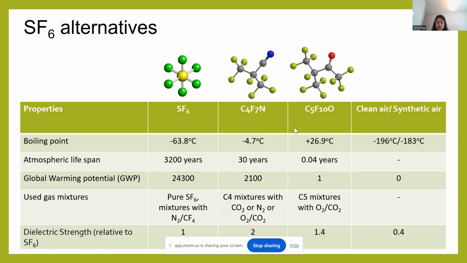of the SF6. However, as we can see, the global warming potential is low, and when it combines with a buffer gas, this further lowers down to maybe 400, 500 GWP, which is quite good. So researchers have been looking into alternatives with C4 and C5 mixtures with CO2 or N2 or O2 and CO2, as the dielectric strength is also comparable, and the GWP is also lower.